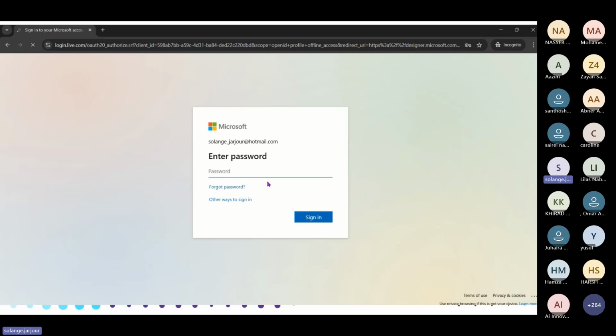Okay, so this is very important. You cannot use your school account for Designer. It's still not available under the Office 365 bundle. You have to have a personal account. Okay, so this is a very important step. Now,